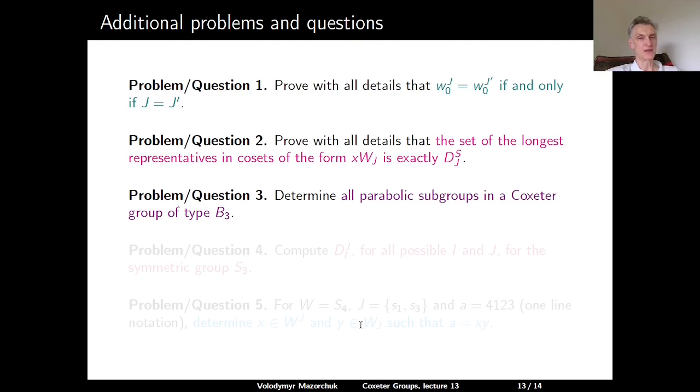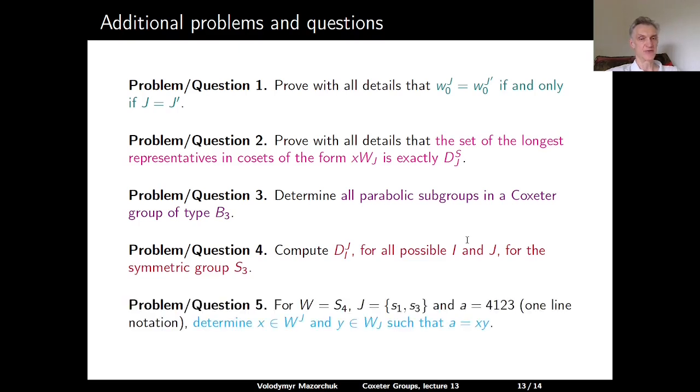Problem question 3. Determine all parabolic subgroups in a Coxeter group of type B3. Problem question 4. Compute D sub I upper J for all possible I and J for the symmetric group S3. And problem question 5. For W being the symmetric group S4 and J being the subset {S1, S3} of simple reflections,